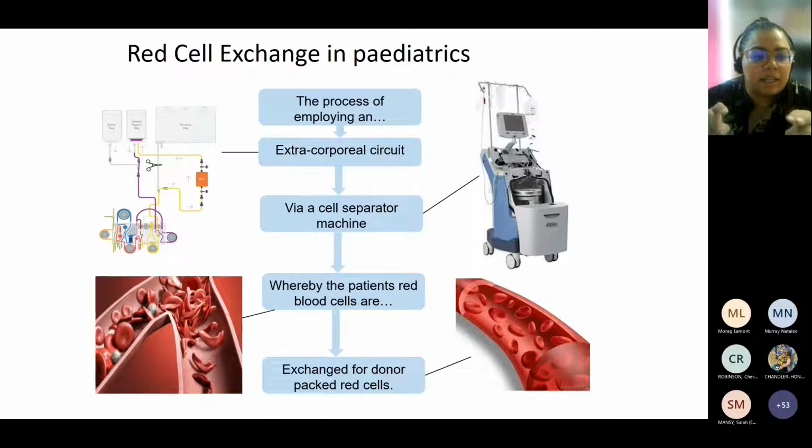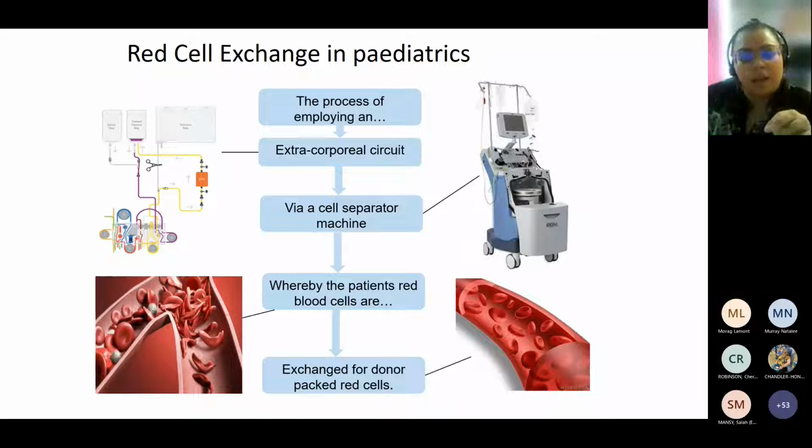And it basically hopes to give a picture like at the bottom there. So where you've got lots of sickle cells in circulation there on the left-hand side, we're hoping to replace that with donor cells that will hopefully last in circulation up until their next exchange, when we just repeat the process all over again. It's quite an intense procedure, so it's quite invasive, I think, in comparison to a top-up transfusion,